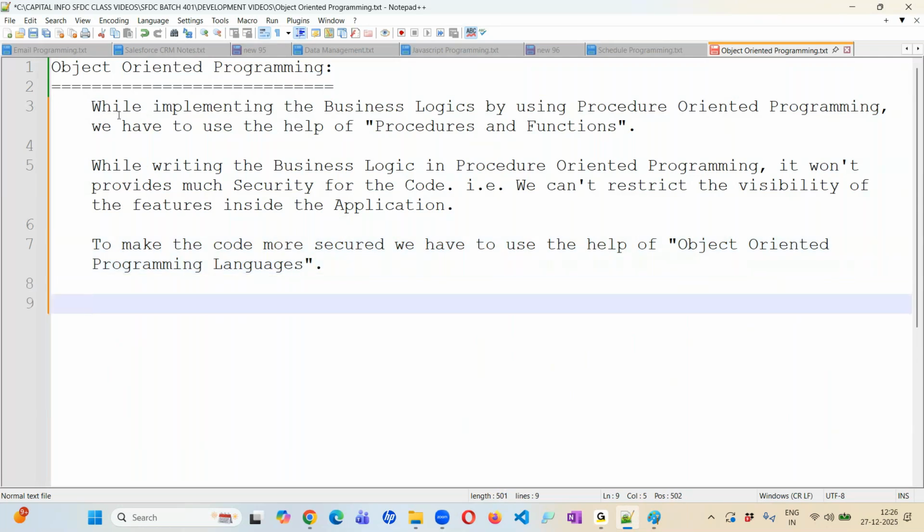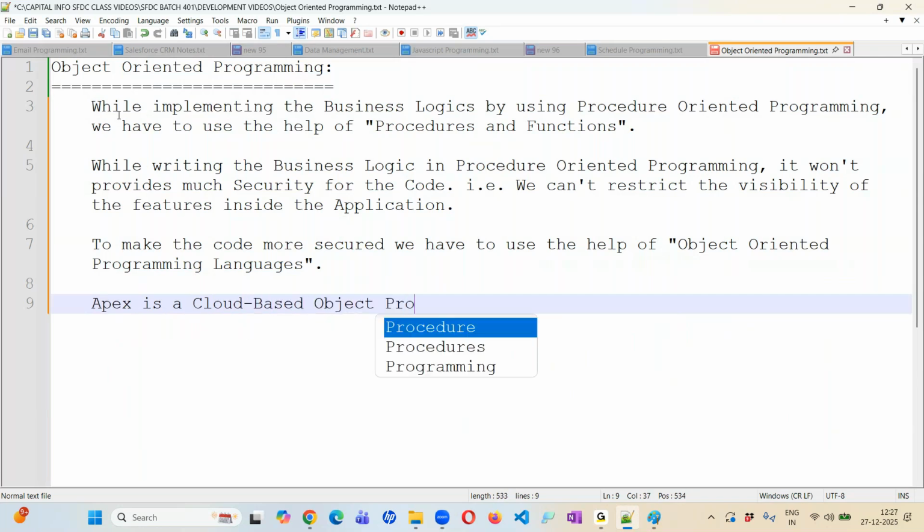Apex is a cloud-based object-oriented programming language